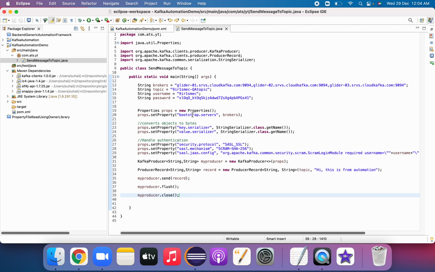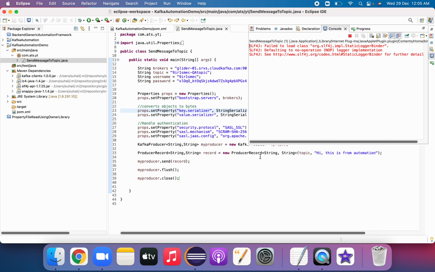So here for authentication we have given SASL_SSL security protocol, mechanism SCRAM-SHA-256, and we have used the JAAS config with our username and password, and we have created the KafkaProducer instance, and I think we should be good. Let us try to hit this message. Let's try to run this as a Java application. We will see if we get any issues, we'll fix it, or if it works, it's well and good.